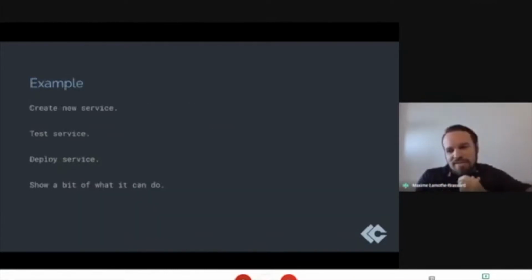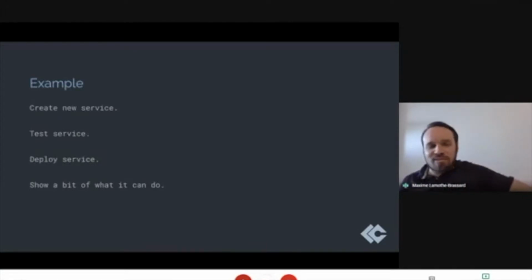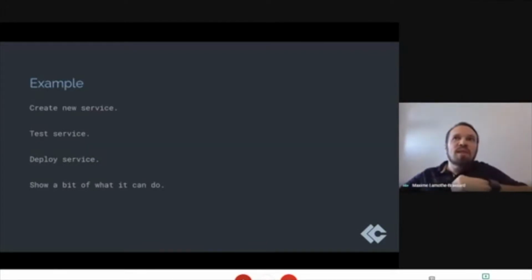So let's get into an example. It's a lot of talk, and hopefully it gives you an idea. But we're going to step through an example. All of this is available through the public repo, and we'll have links at the end as well. So you can absolutely get started that way.